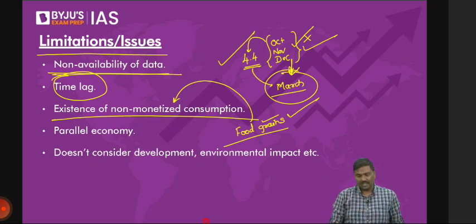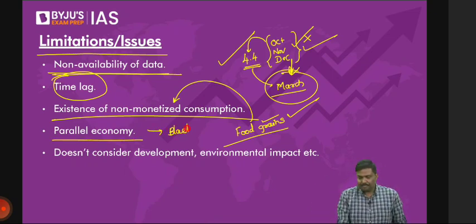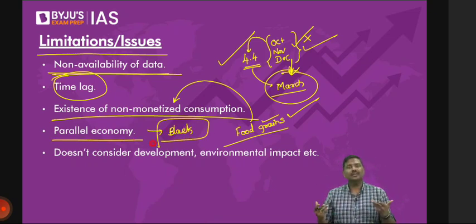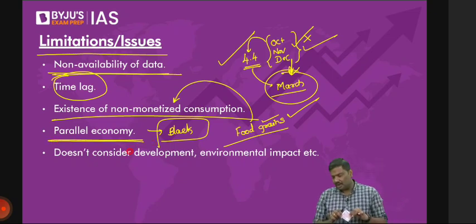Next one, parallel economy. That is black money. Parallel economy, that is an example of black money. Black money is not counted. Now, some of you will have a look at the term parallel economy. Sir, why are you referring to the term as parallel economy? Simple. Let me ask you a very simple question. All of you look at it. How many of you can say with surety this 100 rupees is white?